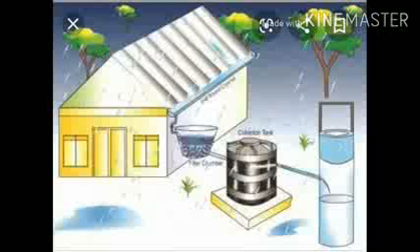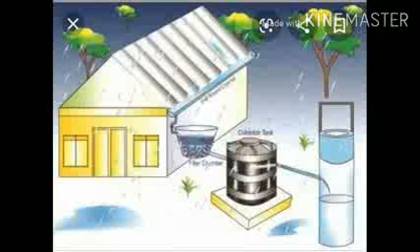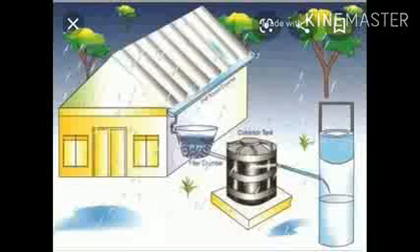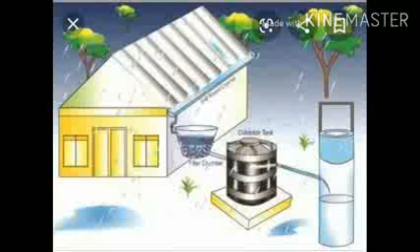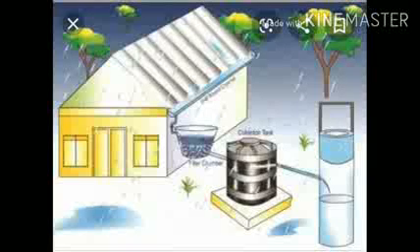In the rainwater harvesting method, direct collection of rainwater from the rooftops of houses and other buildings takes place. Okay, so what happens in this? The rainwater will get collected during the rainy season through pipes. You can see the pipes in this picture. Okay, and through these pipes this rainwater will get collected in an underground tank. Okay, the tank will be underground. Now this will help to increase the underground water table.